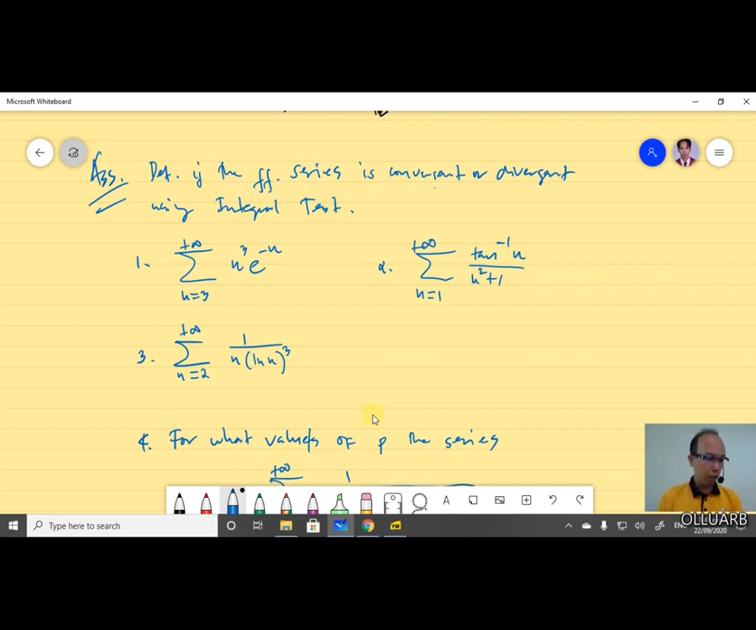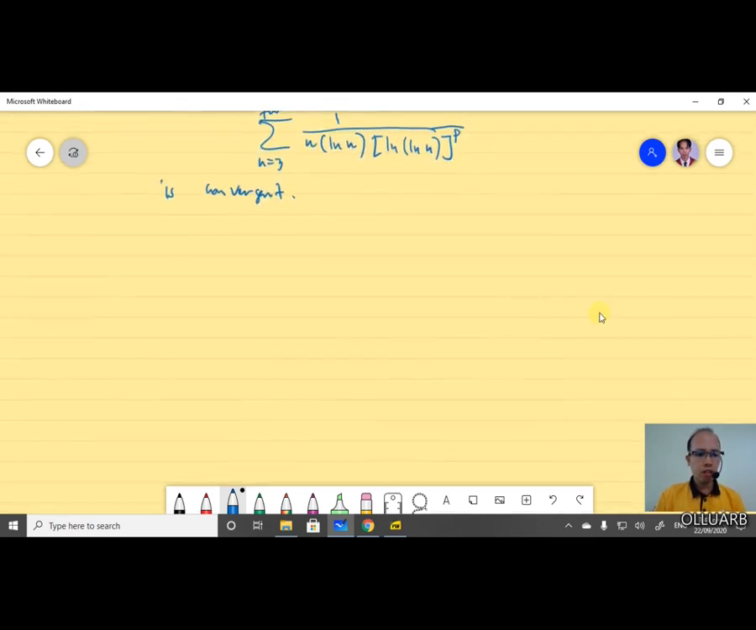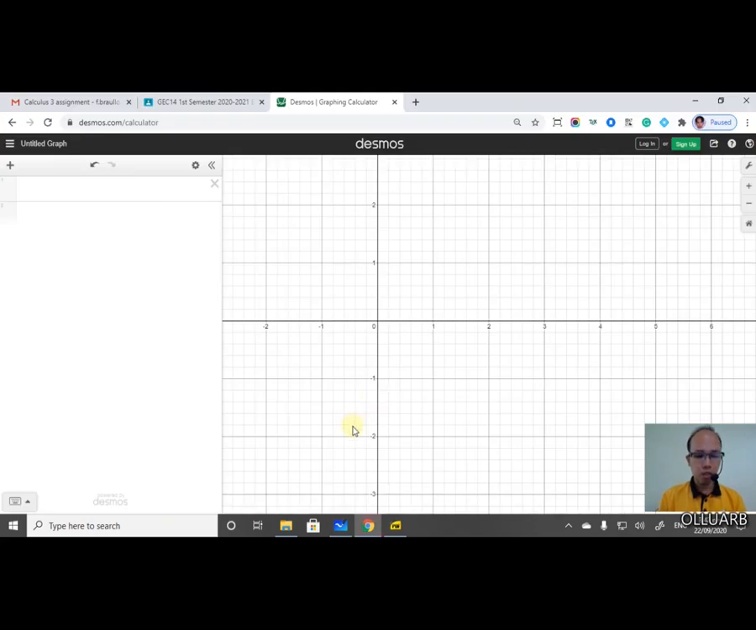So for example, if you recall your first example, the summation of 5 over square root of n. That one. So if you graph that